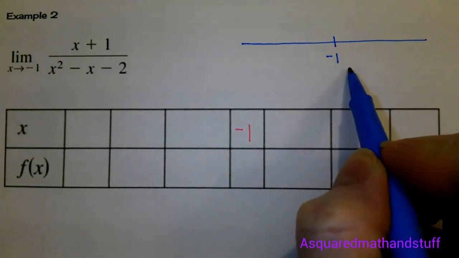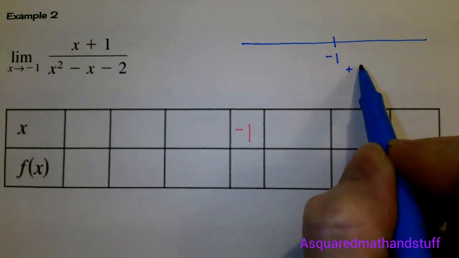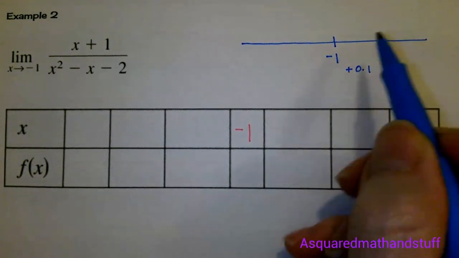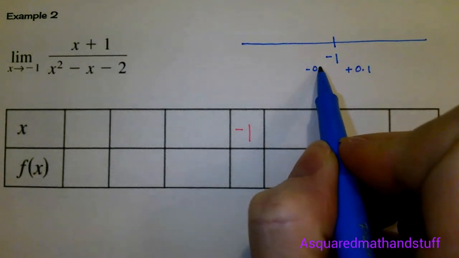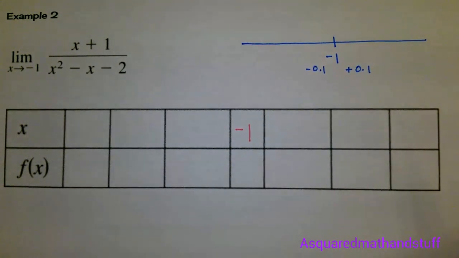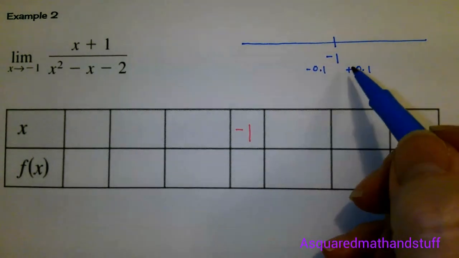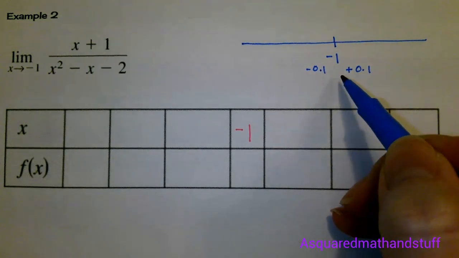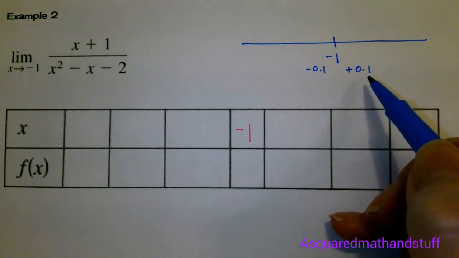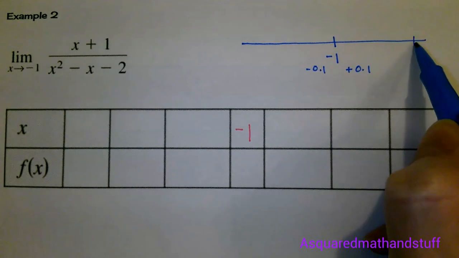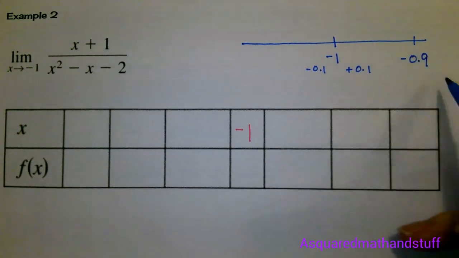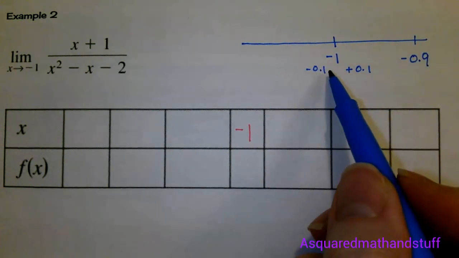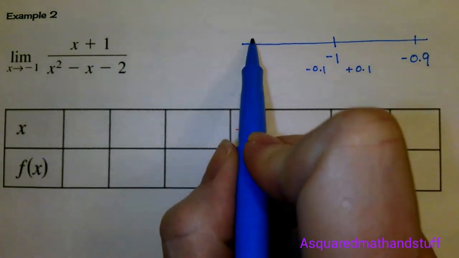I need to add a tenth to the right and subtract a tenth on the left. So if I add a tenth to -1, so -1 plus 0.1, we end up with -0.9. If I subtract 0.1 from -1, I end up with